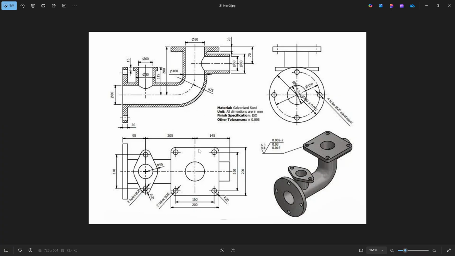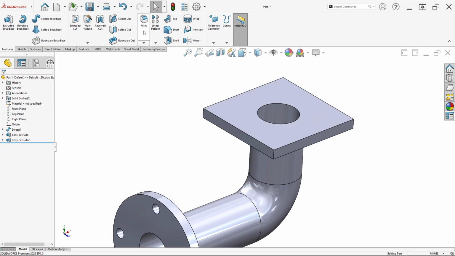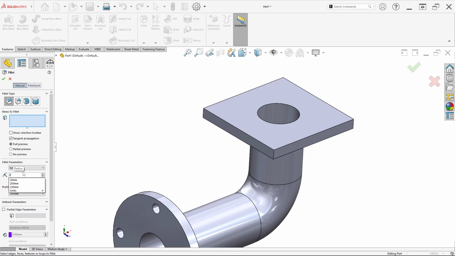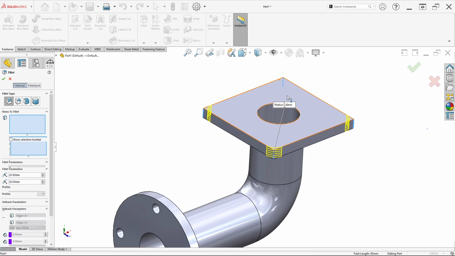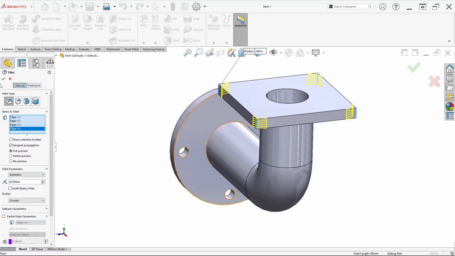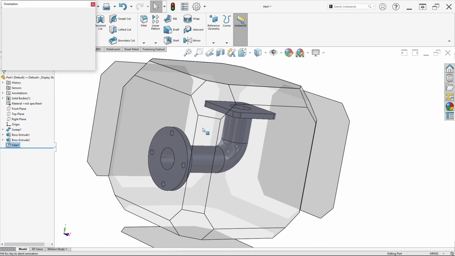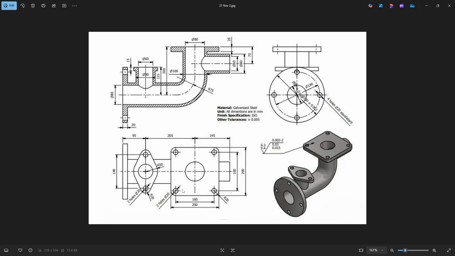Then don't forget to set the radius here to 20, using sketch fillet, 20 millimeter. Click this edge, this edge, this edge, and the corner edge here like this. Click OK, and don't forget to make the hole here.